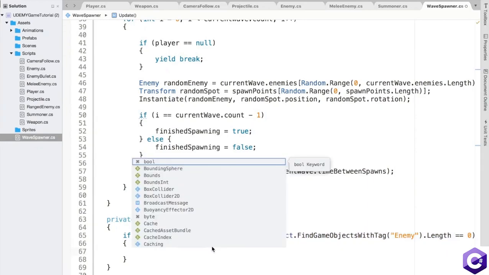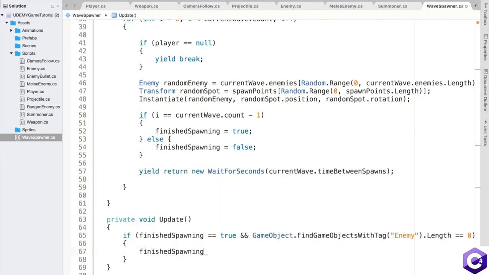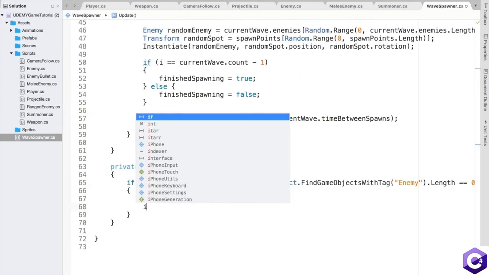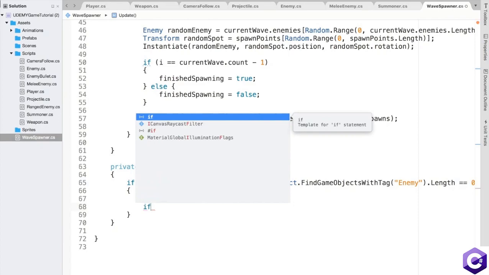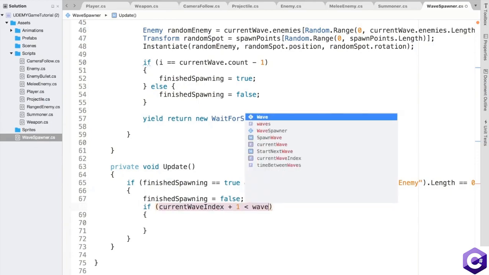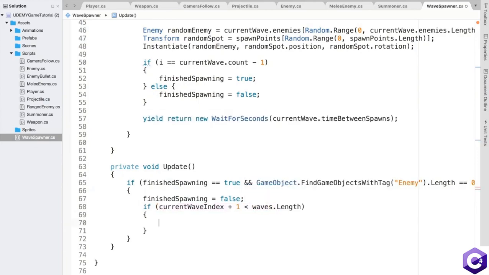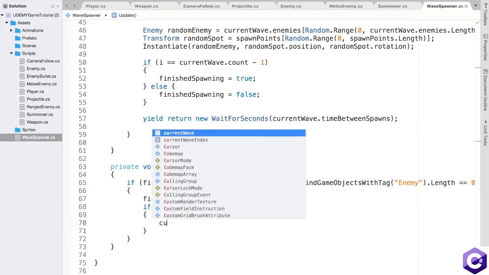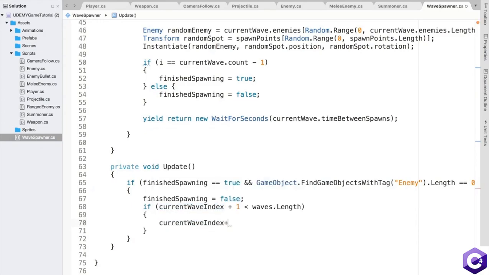If we have, I'm first of all going to set finishedSpawning equal to false because we're going to start a new wave. And then before we start the new wave, we have to check if there is a new wave that exists. So to do that, I'm going to say if currentWaveIndex + 1 is still smaller than waves.Length. Alright, so if there is still a wave to spawn, I'll increment my currentWaveIndex by 1,